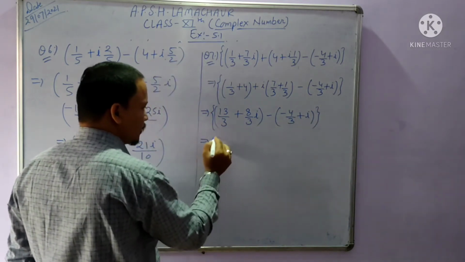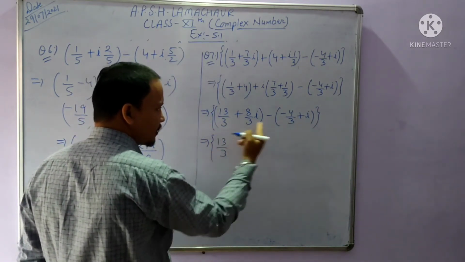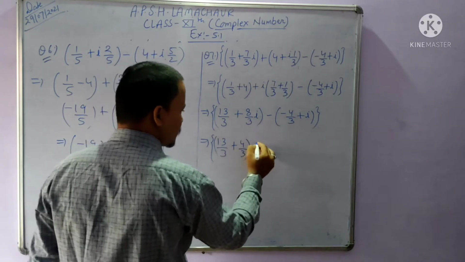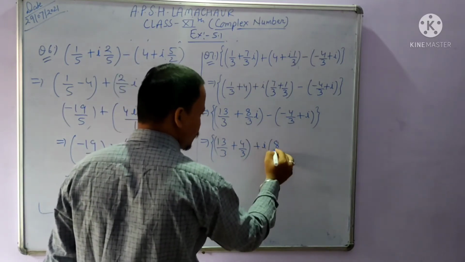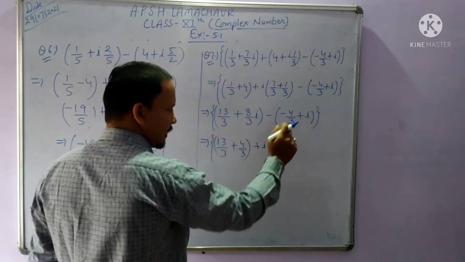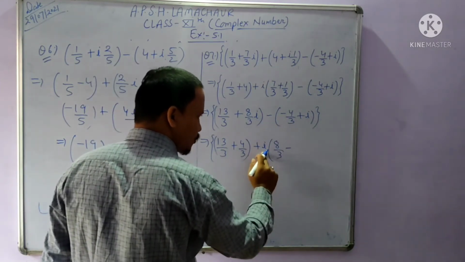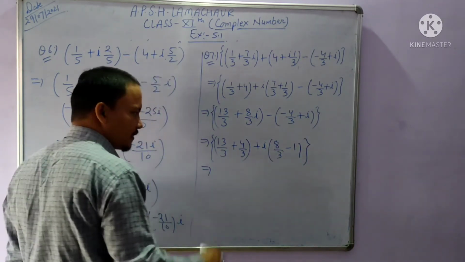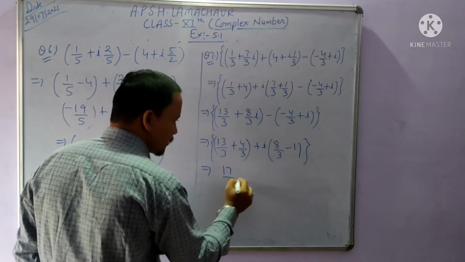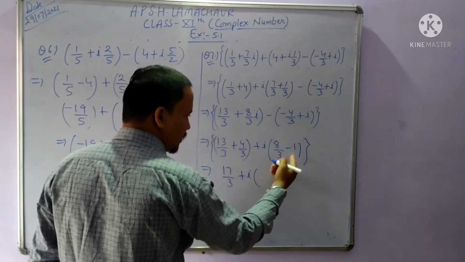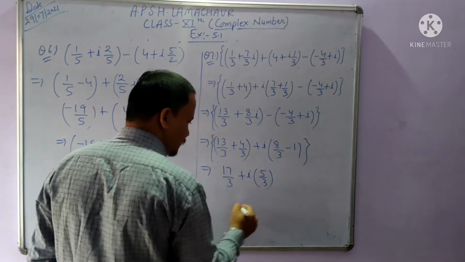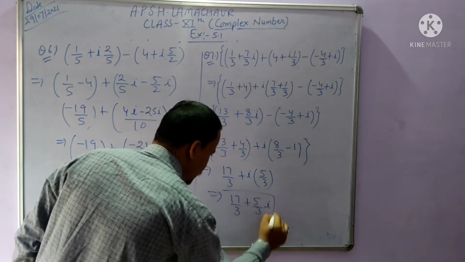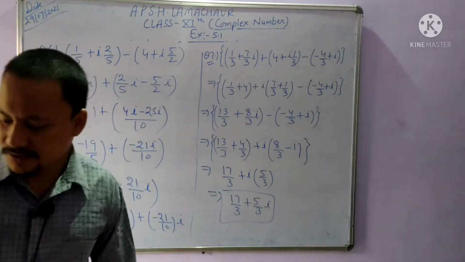Now operate the condition. So real part here is 13 upon 3 and minus, there will be plus 4 by 3. This is the real part. Imaginary, take the iota common. So here the coefficient of iota is 8 upon 3. Minus plus is minus. Since iota has been taken as common, the coefficient of iota is 1 here. So this will be 13 plus 4. How much will it be? 13 plus 4 is 17 upon 3 plus iota, 8 minus 3 that is 5 upon 3. So 17 upon 3 plus 5 upon 3 times iota. So this is changed into the form a plus ib. Okay, pause the video and take a screenshot of it.